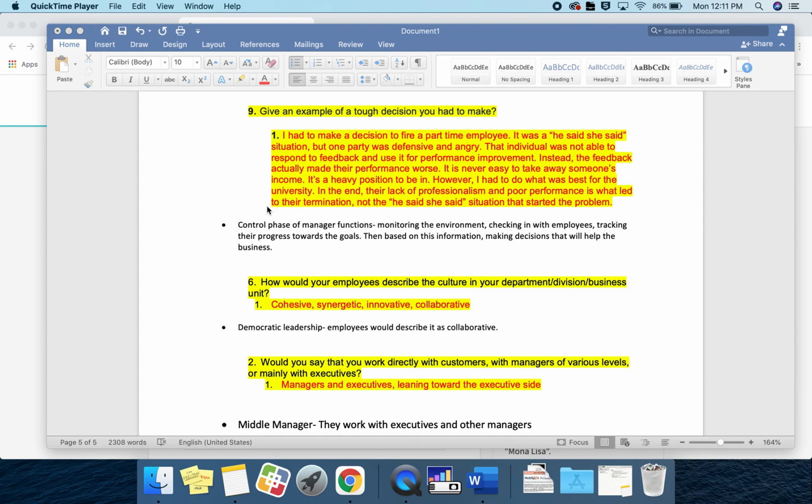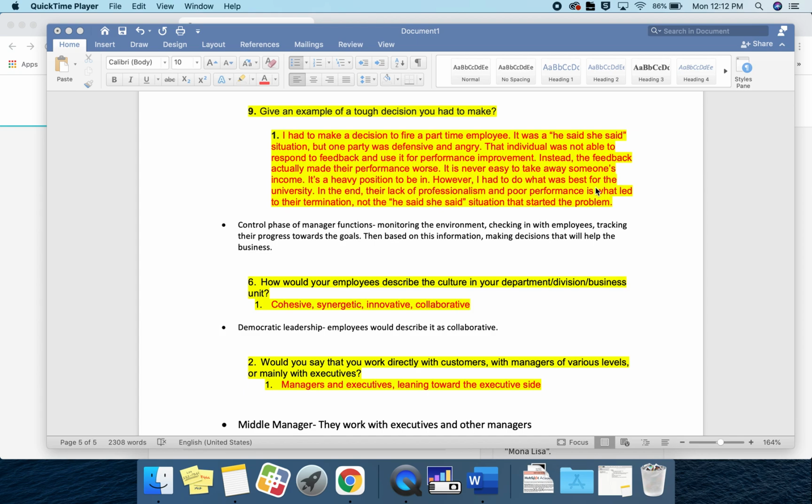So looking at some of those details, since this is a piece of her job, this is a role or one of her responsibilities, we can try to connect that to a manager function. So after reading through this, my best guess is that this is the control phase of our 4 manager functions. And then I'm going to give my reason why. So I said that it is the control phase out of those 4 manager functions. And I know that controlling means that I'm monitoring my environment, I'm checking in with my employees, I'm tracking their progress towards our goals, and then I'm making some decisions and helping my employees as they move forward.